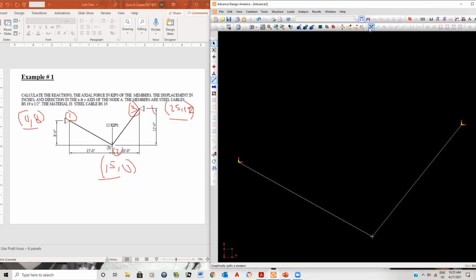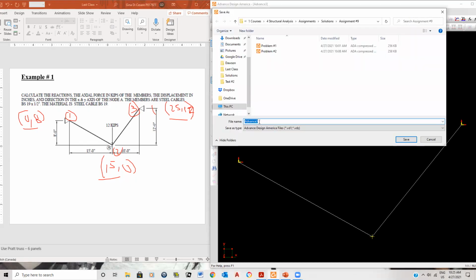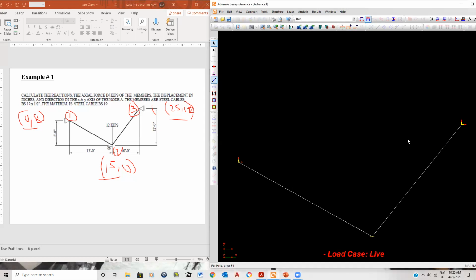what I do is I activate the load case, okay? And of course, as soon as you hit that, it tells you what you want to see. I want to activate my live. I'm going to save the project, yes. Okay, so save it there. I don't care. Now I'm ready to apply the load. Since the load is being applied right at this node, I know that I'll simply go and activate the node, and I will pick the node,